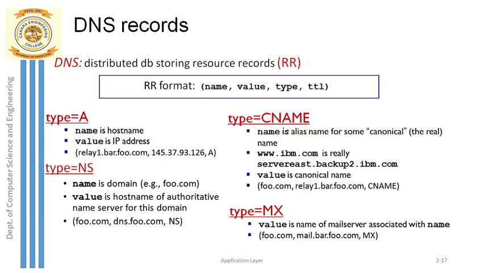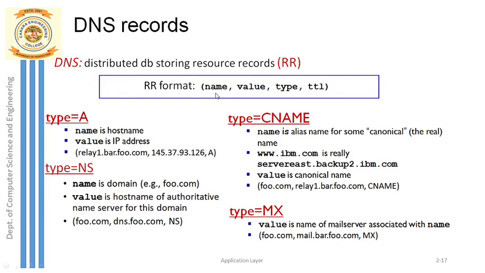Okay, what is this DNS records, or what are the contents of this records? Let's see. Can you all see this DNS record structure? A DNS server has something called as a DNS record in this format, and each such record contains 4 fields. The first one is name, next is value, and the third one is type, and the last field is time to live. So in this, the 4th field is optional, and we'll just concentrate on the first 3 fields.